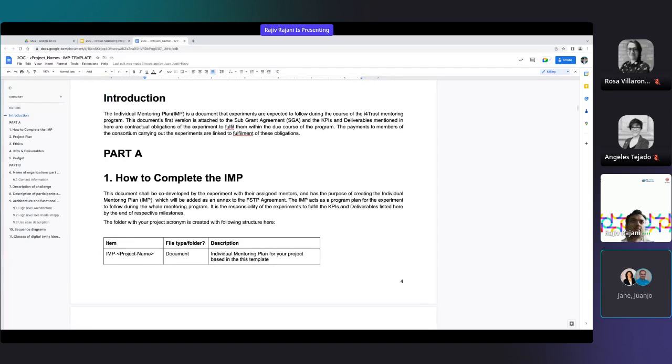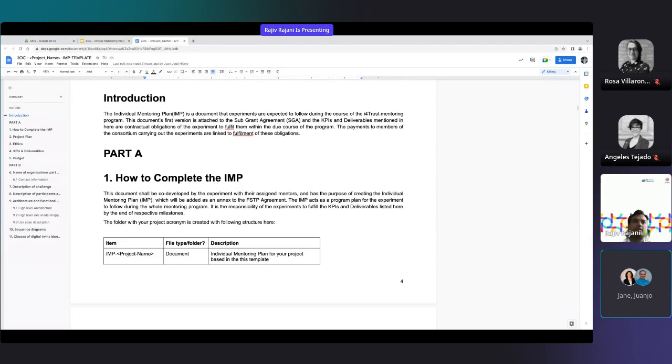Important to note, as I've been mentioning, that the first version of this individual mentoring plan document has to be finished by the end of the first month, that is 15th of January, and will be the version that will be added to the sub-grant agreement. And that is essentially your first milestone, right?